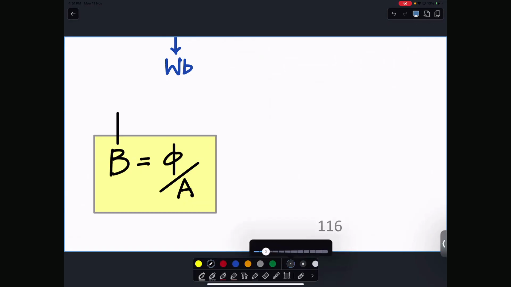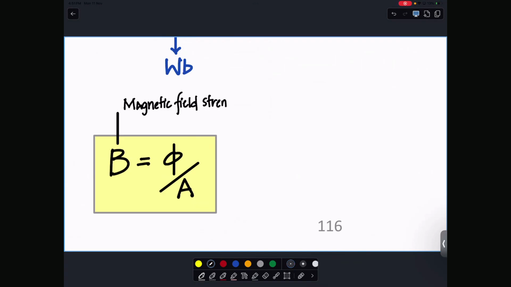I mean, different schools and different teachers use different terms. আমি দুইটাই বলে দিচ্ছি. একটা হচ্ছে magnetic field strength. This is more aligned with electric field strength, gravitational field strength, or you can also call it magnetic flux density. Magnetic flux density is more literal in terms of what it is. It's the density of the field, right? Magnetic flux density